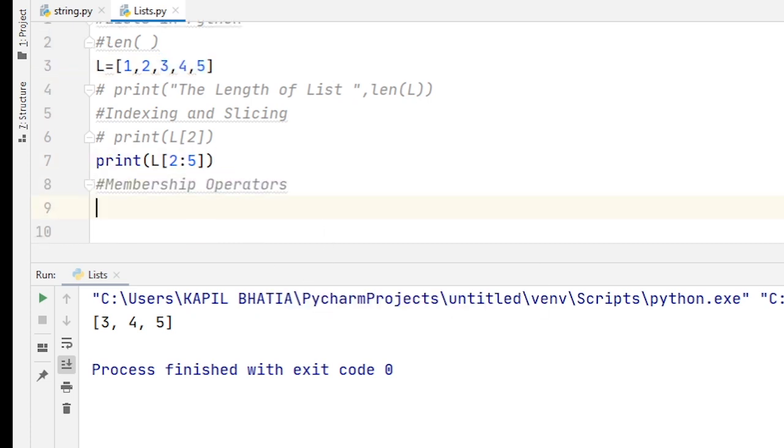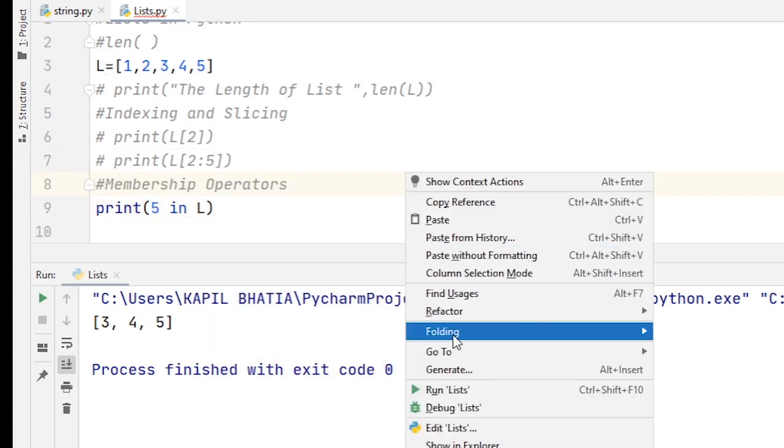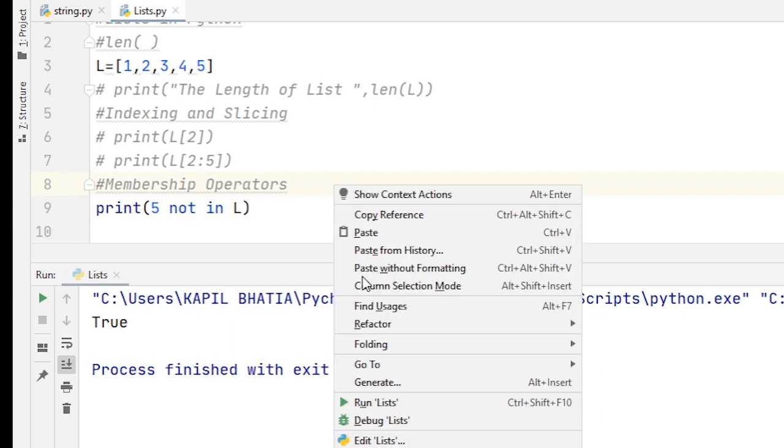Next is membership operator. As you know, two membership operators are used in Python, in and not in. So if I print 5 in L, it returns true. Okay, not in, it will return false.